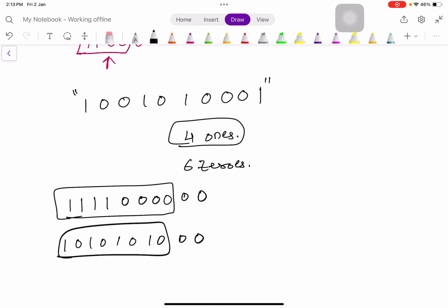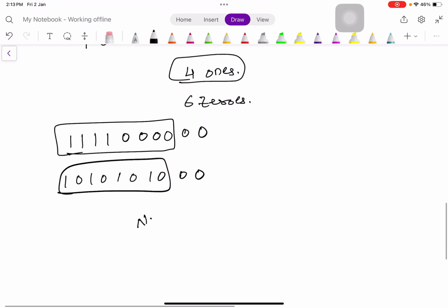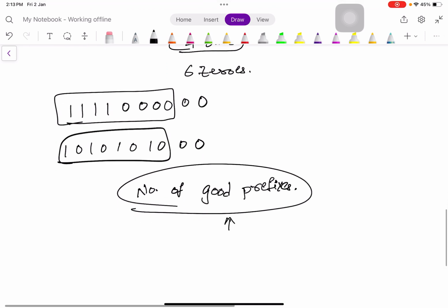Now you might have seen in the question that they are not asking us for the biggest prefix, they are asking us for the number of good prefixes. Now why am I saying biggest prefix every single time when they have asked us to find the number of good prefixes? If you take a look at this example,